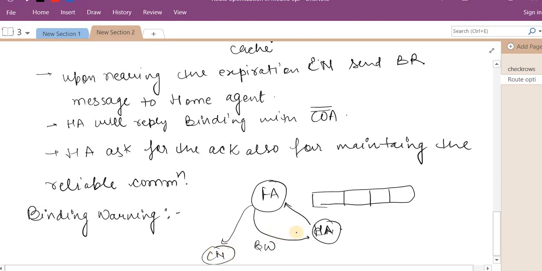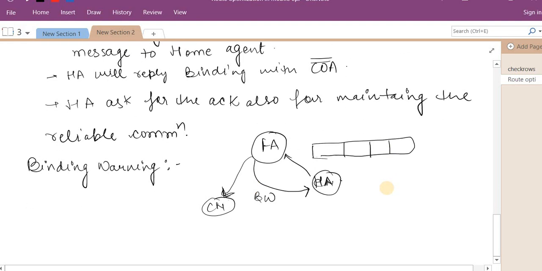It indicates that kindly update your databases, kindly do not message me the IP within IP messages again and again, and update your caches and do the direct communication with the correspondent node, right?